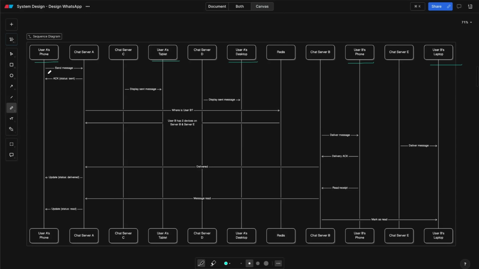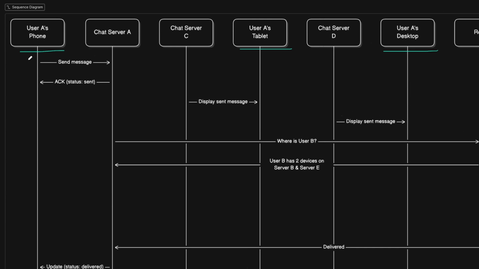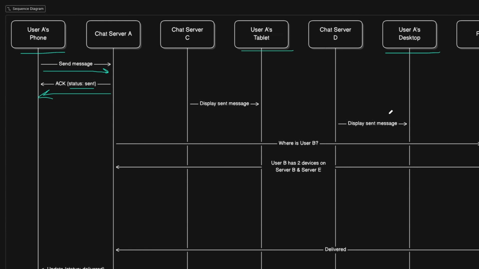So first thing, let's say the first interaction that happens is user A sends a message to chat server A, and then the chat server will acknowledge and display the status as sent for this first message. Since we agreed that we are going to store the statuses of users' availability in a Redis cache,